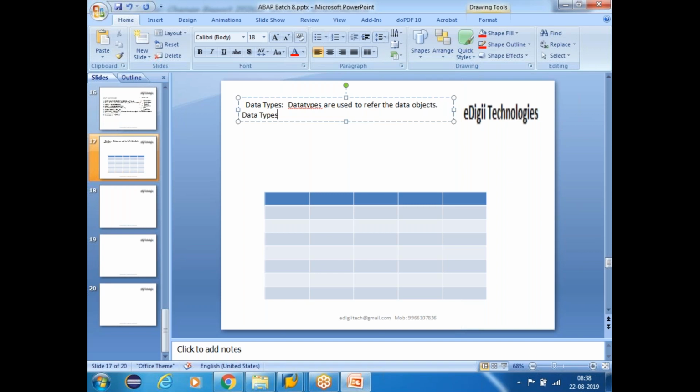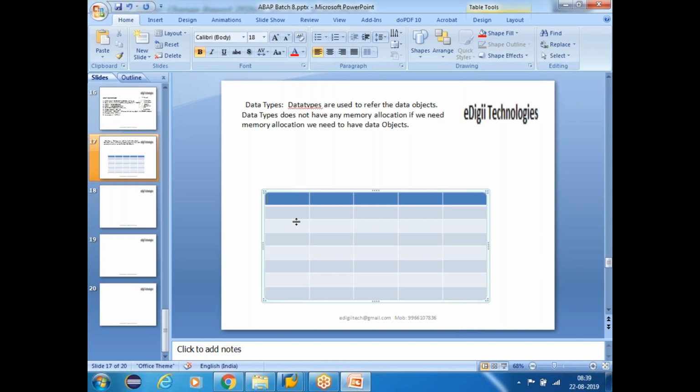Data types doesn't have any memory allocation. If we need memory allocation, we need to have data objects. We need to have data objects, guys. So there are different kinds of data types we have. So the data types are